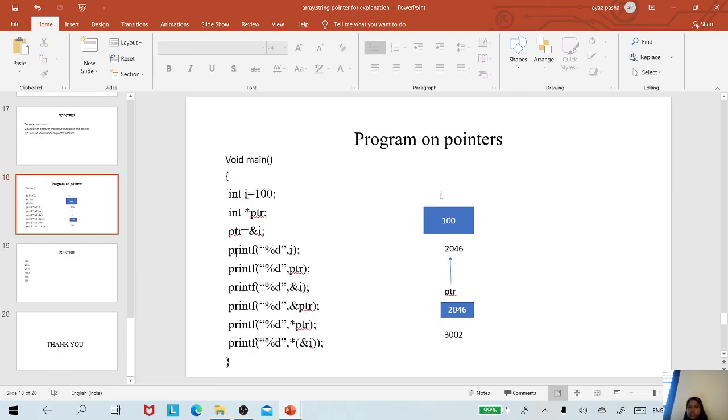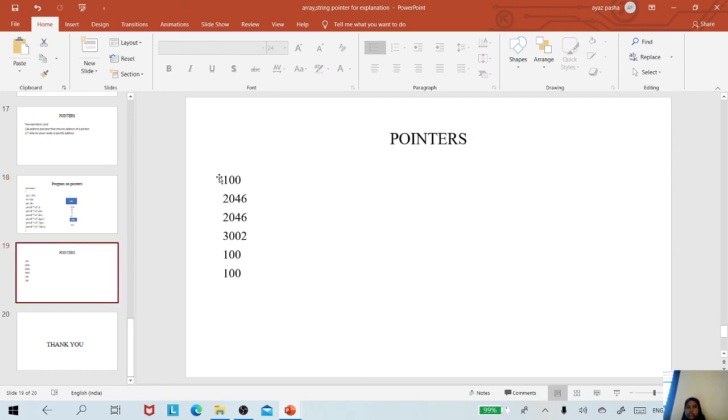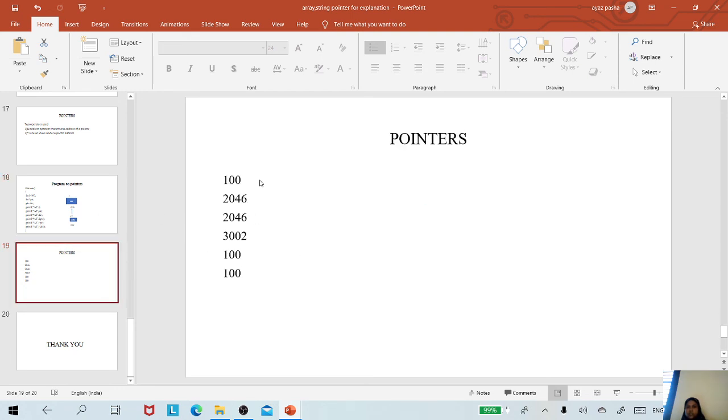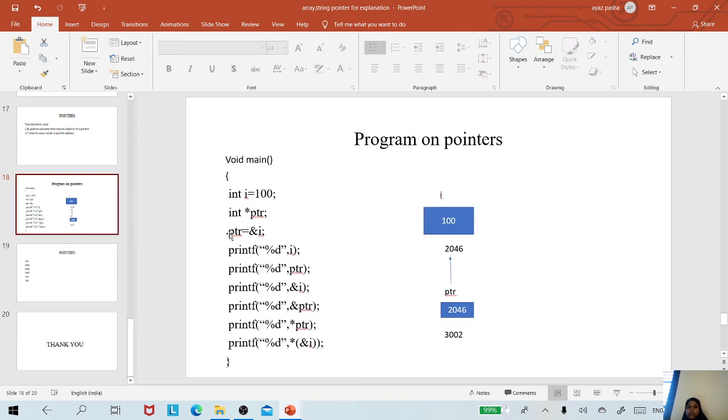If you write printf %d i, %d is the format specifier used to print the value stored in the variable. The variable i is holding the value 100, hence the output is 100. It is giving you the value of i.